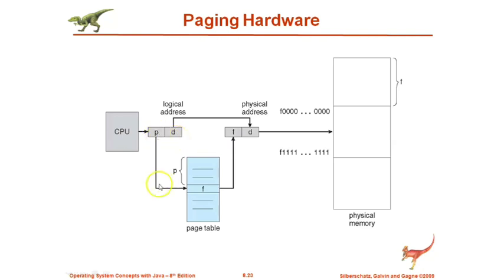Here P will tell you the exact location of the frame to be loaded. Similarly, the D of the logical address is used for calculating the physical address after identifying the frame, and that will be used to locate the physical memory. So in this way this logical address can be